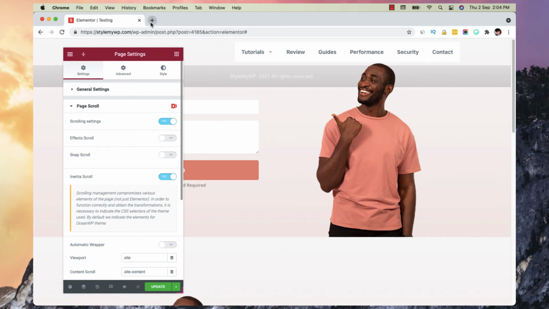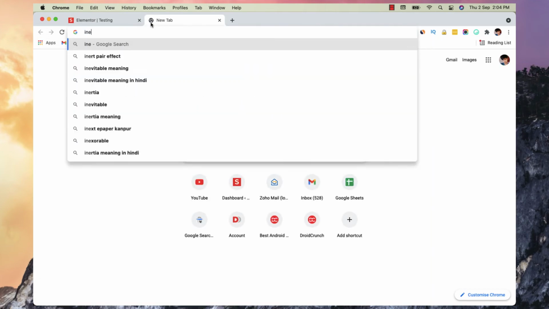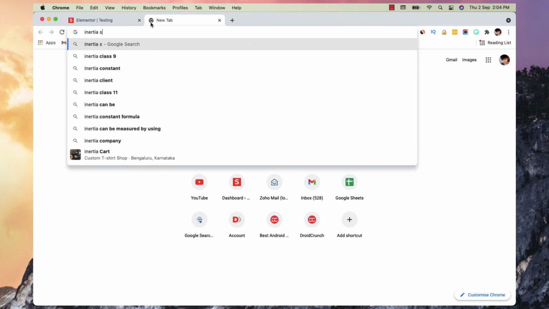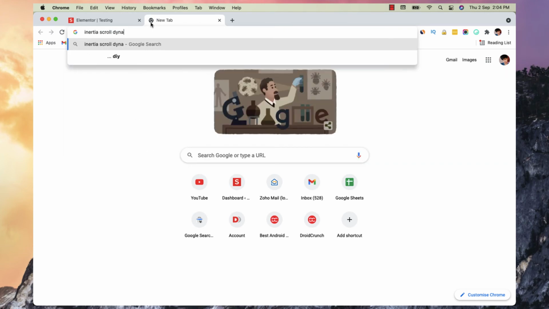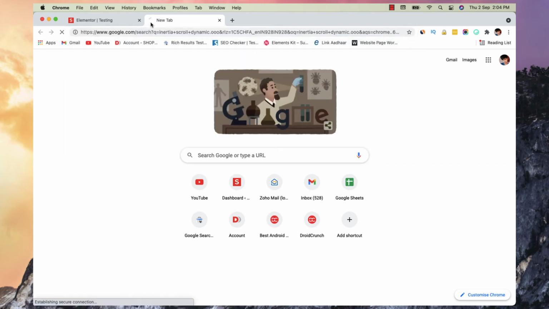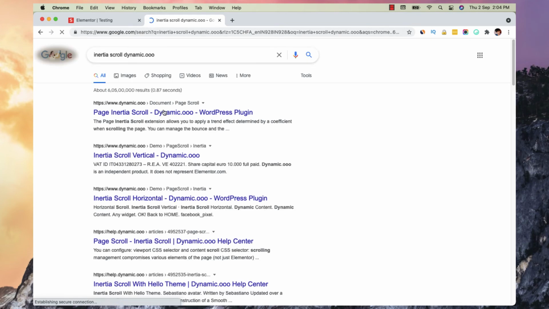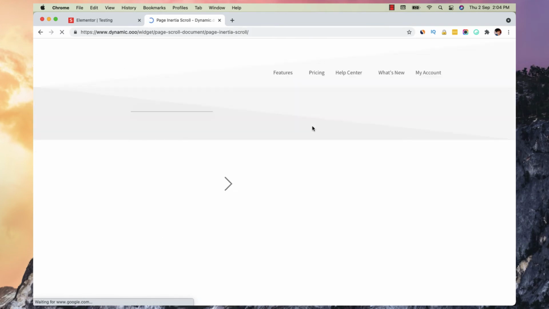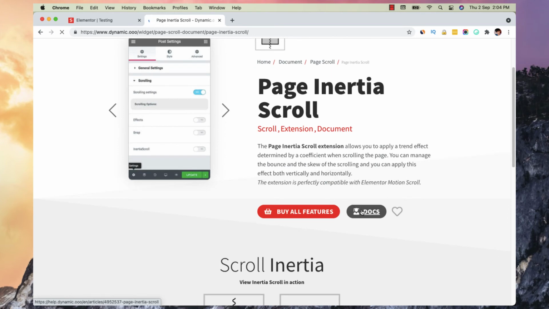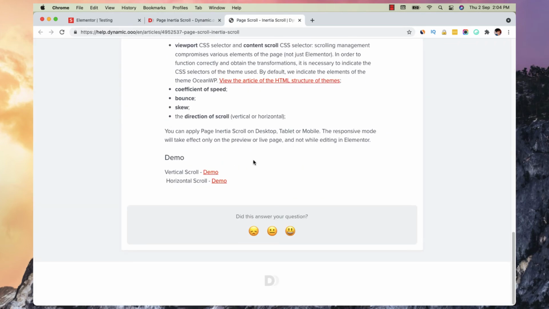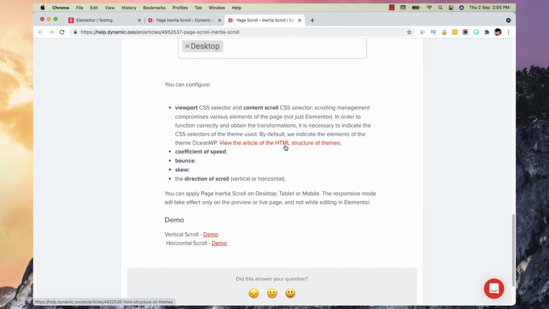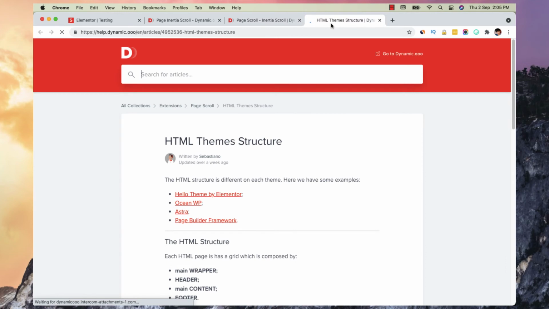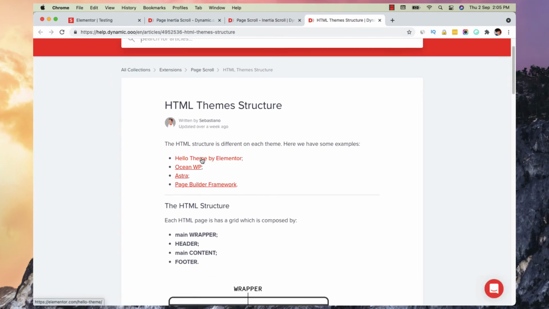So we can go to the inertia scroll dynamic.o page, and here we have this documentation, and here we have this article on HTML structure of themes. So you can check out this article.